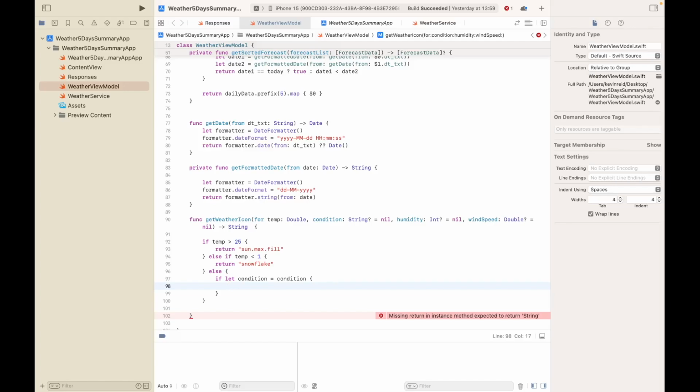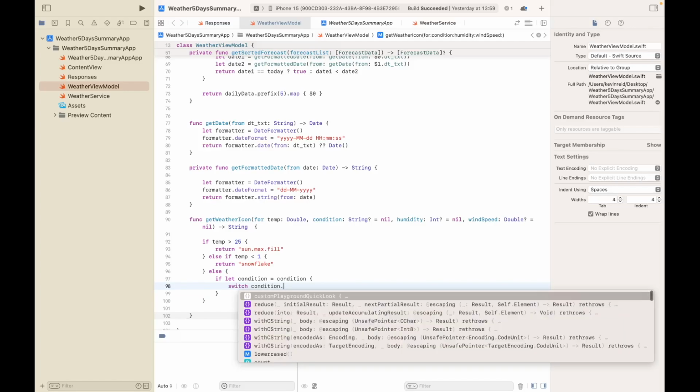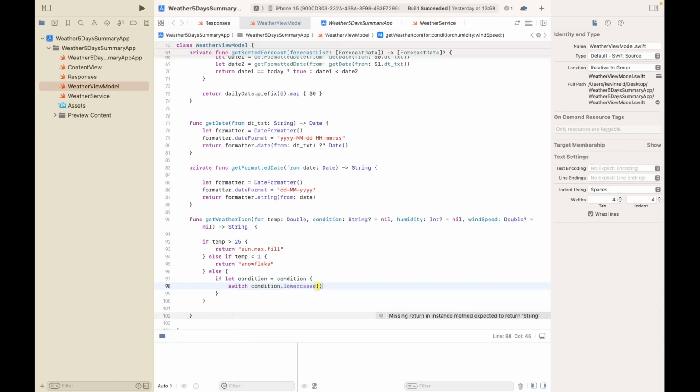So what we're doing now, we're checking for specific weather conditions, such as rain, snow, or thunderstorm. Switch condition, let's convert it to lowercase,